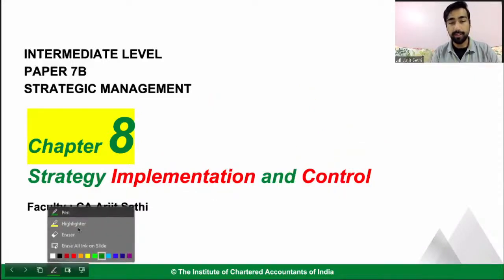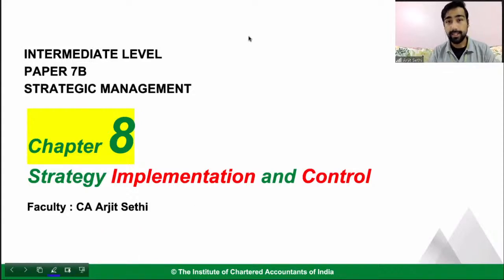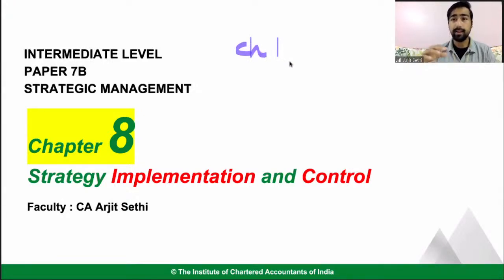Let's quickly revise what you have studied till date, which is also very simple. Chapter number 1 is where we started. In chapter 1 we studied what is strategy, defining a strategy, what is business strategy, what is planning, and what are the different steps in strategy. Chapter 1 helped us understand that. What was chapter 2? Chapter 2 was about portfolio analysis, how you analyze things, like your SWOT analysis or TOWS analysis. How do you find out what is happening in your environment?